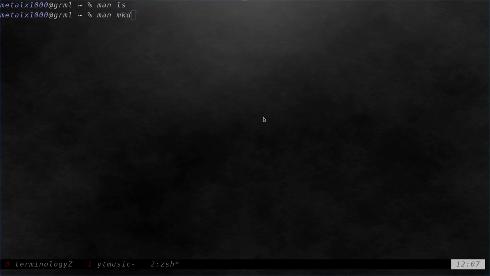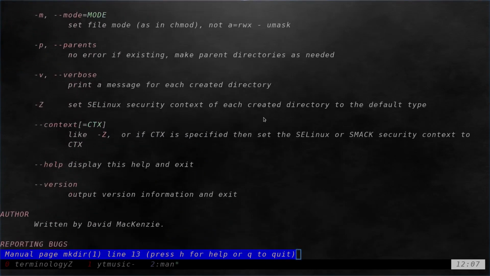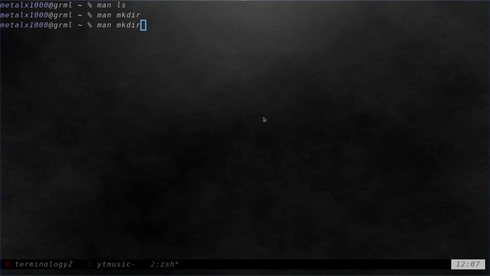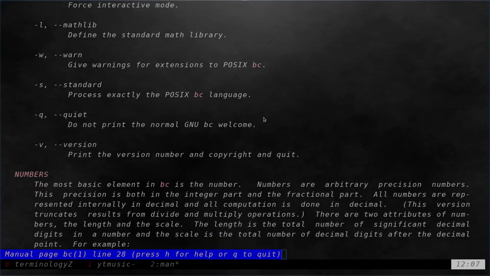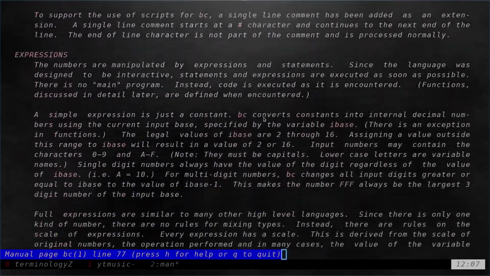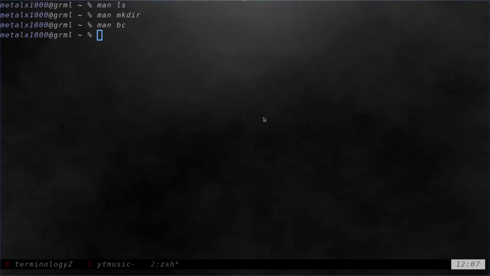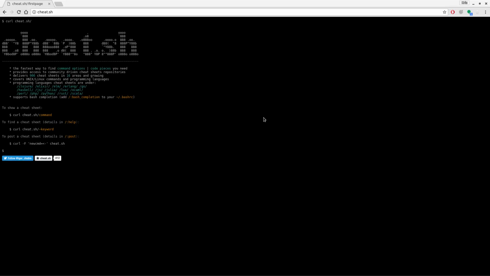You can also do something like mkdir, and it will give you the manual for that. Or something like bc, which has a very long man page with a lot of stuff in here. I always say a good man page will always have examples, but sadly a lot of man pages don't have any examples on how the commands work. So how can you find examples? Of course, you can Google the command and see some examples,